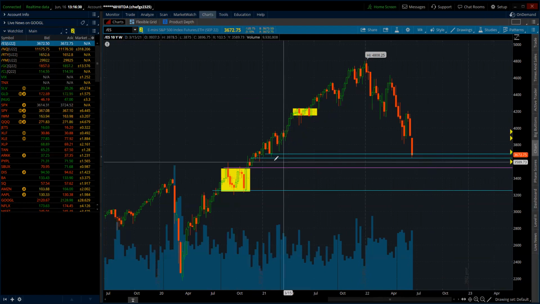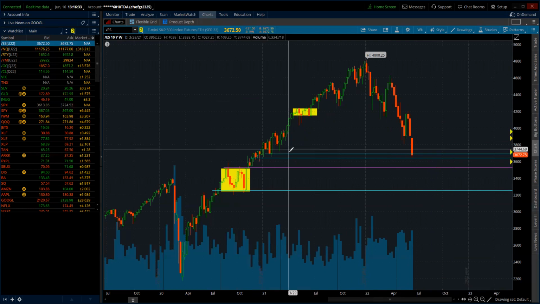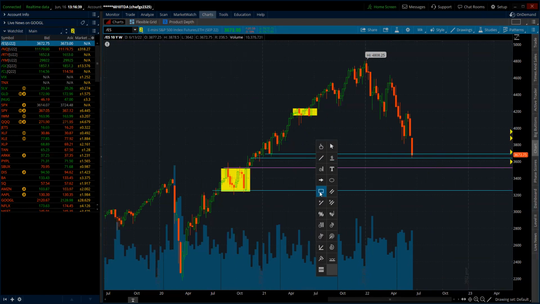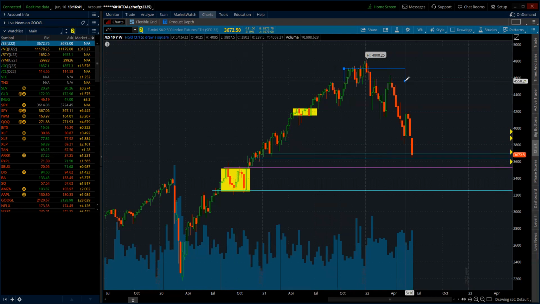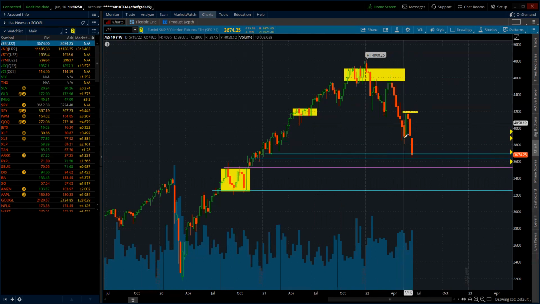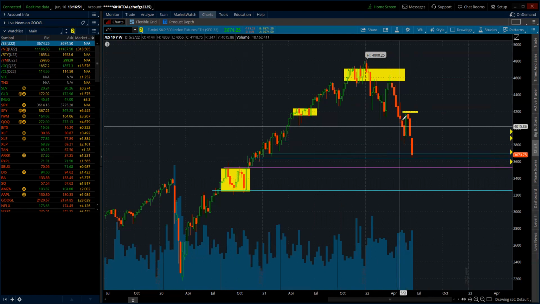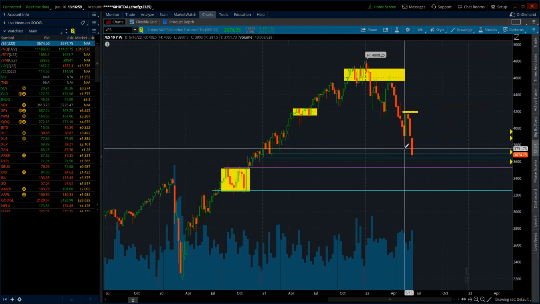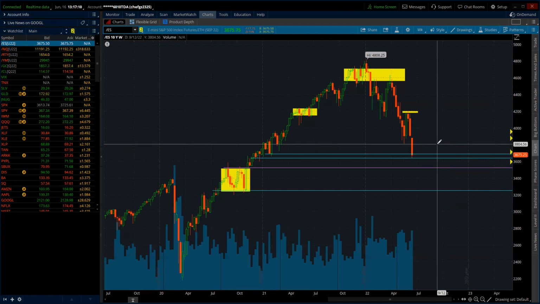The public participation phase doesn't really have a strong support or a strong demand. The demand level, like I said earlier, is here. And then your distribution phase, which is your sell side, it's all up here. So these are the bigger ones that I gave you, and then you just saw this one that broke down. As you can see, we did reject there. We never went above, even with this bullish engulfing candle that wiped out 2 to 3 weeks. It still didn't continue because the bearish market is still here. So those people who are saying that we barely hit a bearish market, we've been in a bearish market, guys. I don't know why they're saying that we just hit a bearish market when we've been in one. So get that clear.